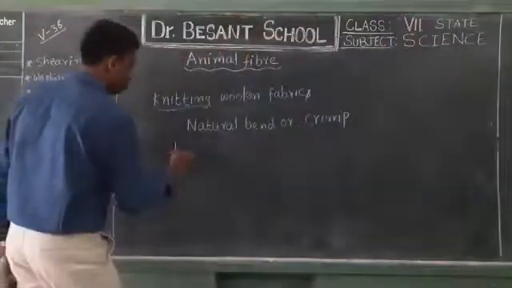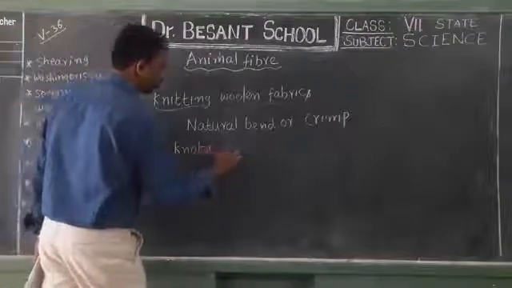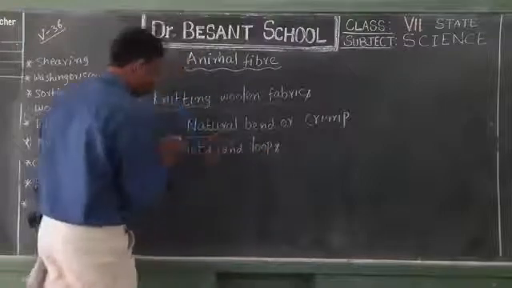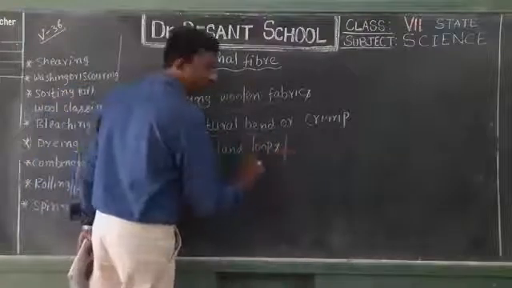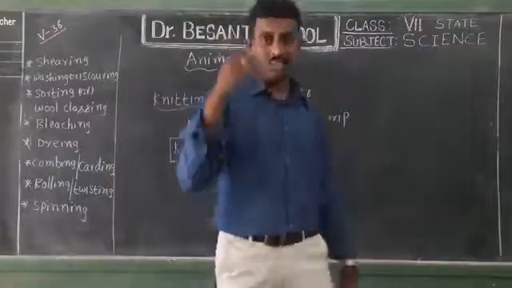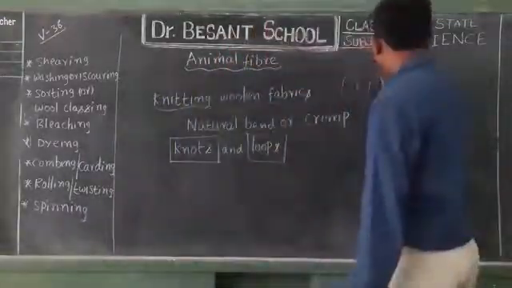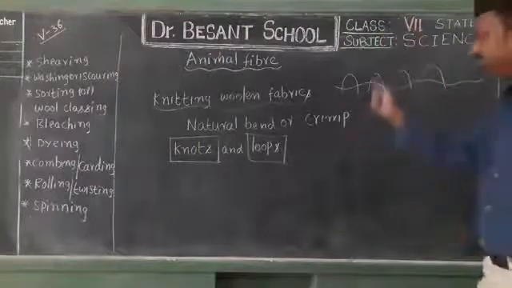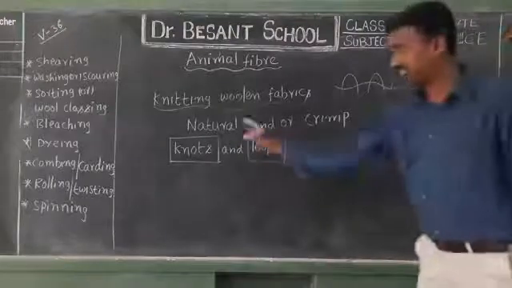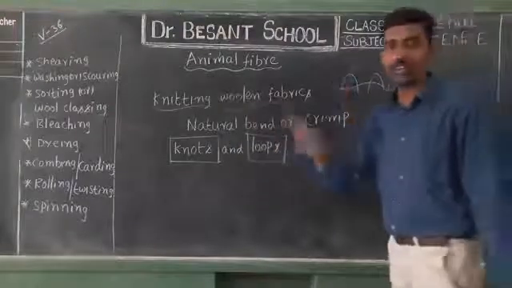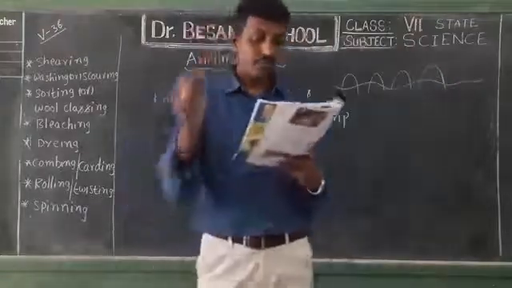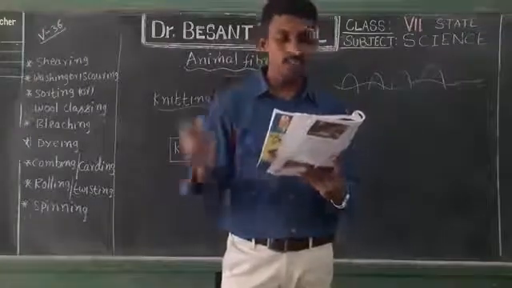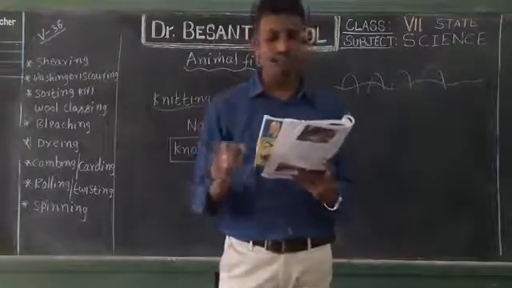You have to remember these words: knots and loops. Knots you can say mullu. Loops, you can see, are different coiling structures. You can have this type of loops like this. In between, one more thread will pass through. Finally, they will tighten all those things. So when this passes through the loops, we can have the knots then.